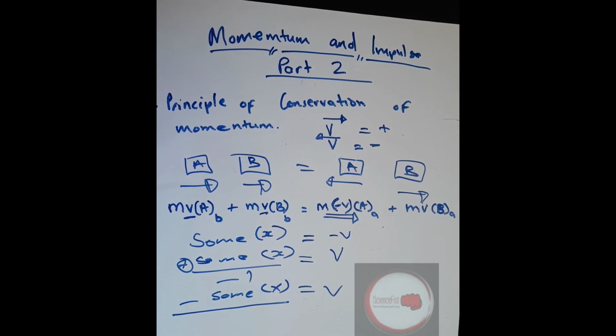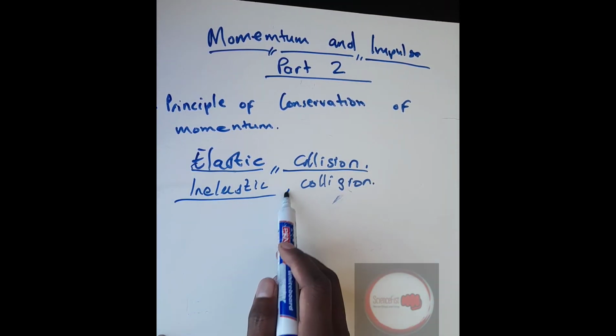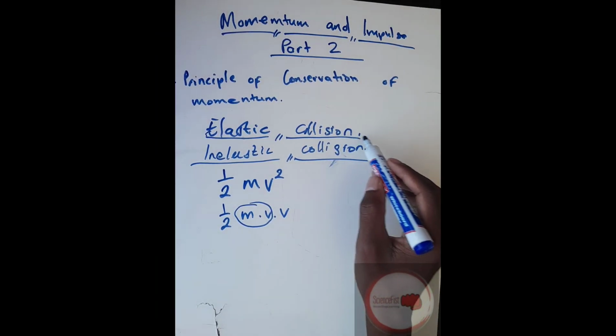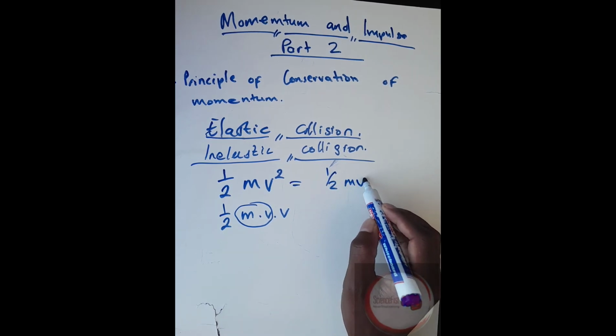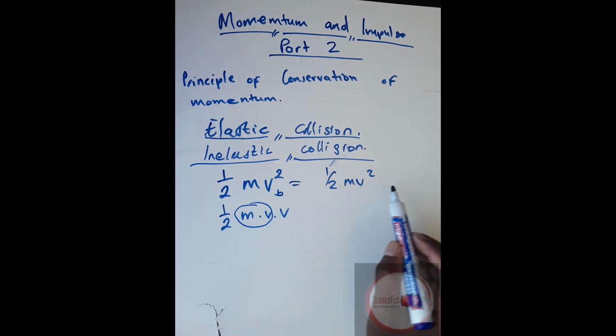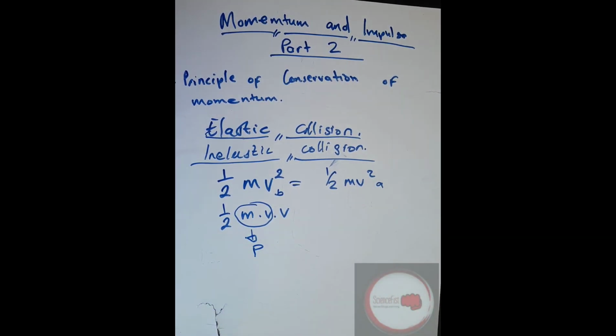Now we are going to move on to elastic collisions and inelastic collisions. Okay, so these two are really important. When it's elastic, it means the kinetic energy before is the same as the kinetic energy after. So this would be before, this would be after. But remember, this is momentum, right? So why not just say half of momentum